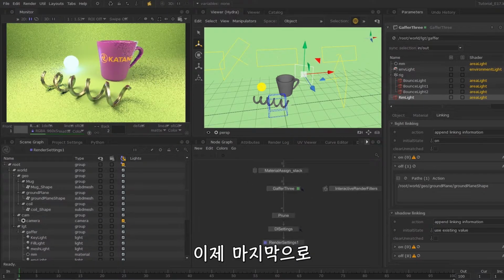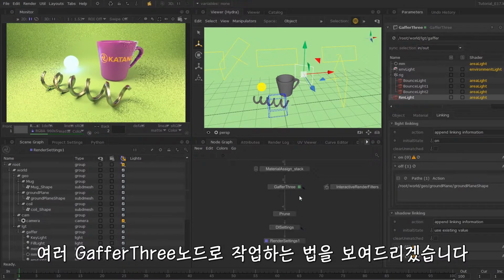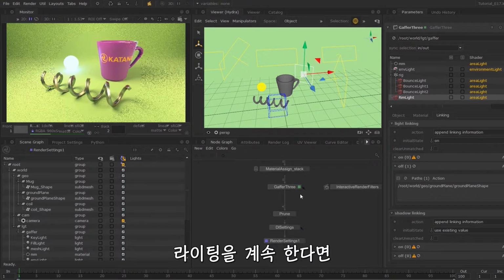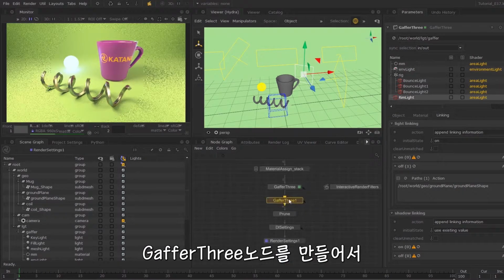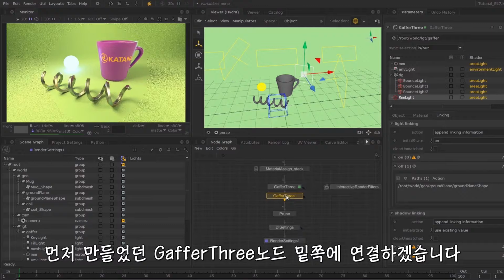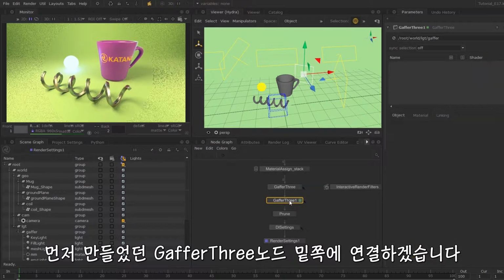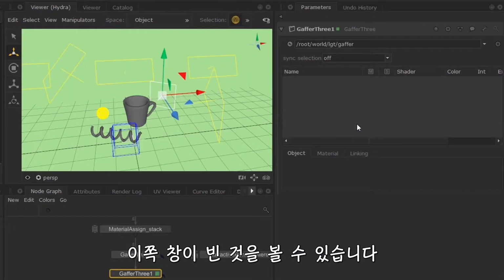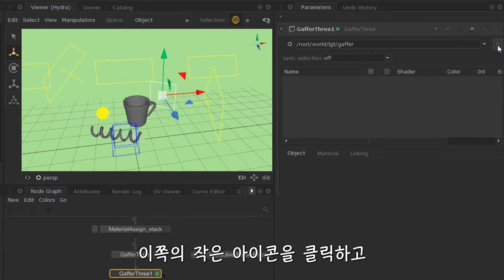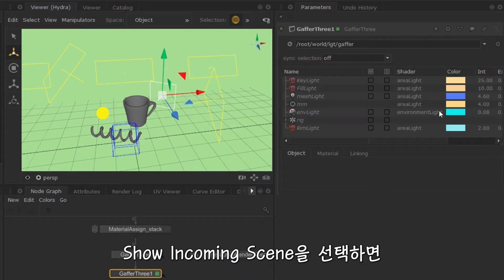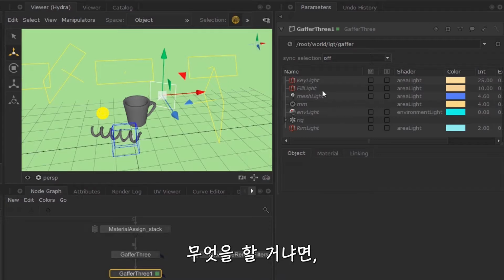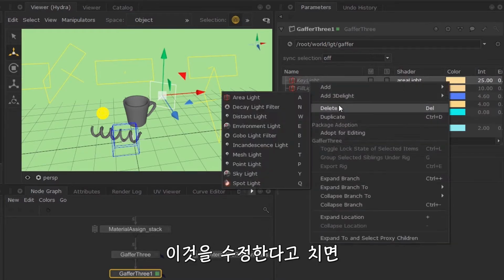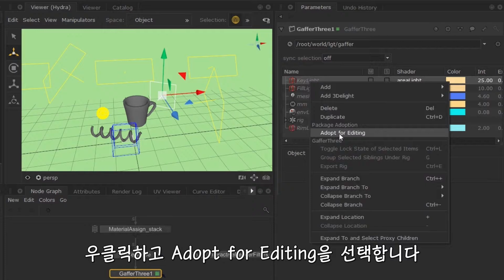So I'm lastly going to show you how you can start working with multiple GafferThree nodes. If you're iterating your lighting, you can create another GafferThree. So I'm just going to hit GafferThree, and I'm going to place this underneath our first GafferThree node. And you can see that this is empty, but what you can do is if you toggle this little icon over here and show incoming scene, then it will show you all the lights that exist within your scene. So what I want to do is, let's say, just edit this one. So you right click it and select Adopt for editing,